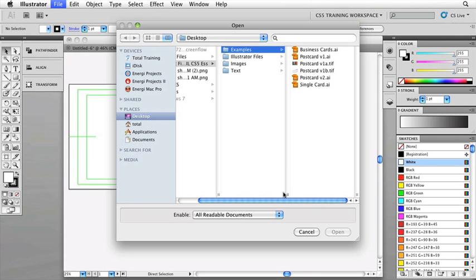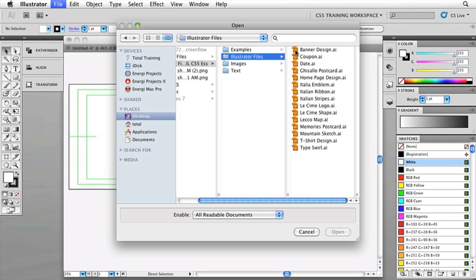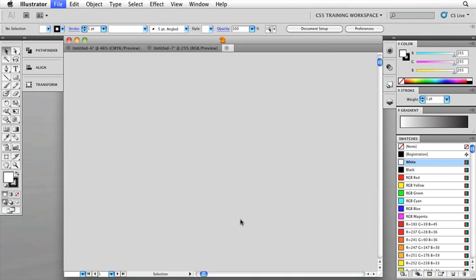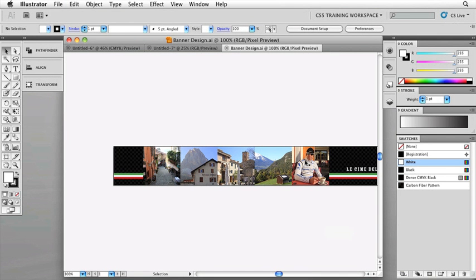And what we're going to do is bring up our open dialog box. And once again, from our project files, we're going to choose a file to open. Now, this one is actually going to be in the Illustrator files folder. So make sure you go ahead and select that. And the first document you see here is called Banner Design. So pretty straightforward to understand what that is. Go ahead and select it and click Open, and that will open up this banner design which has already been